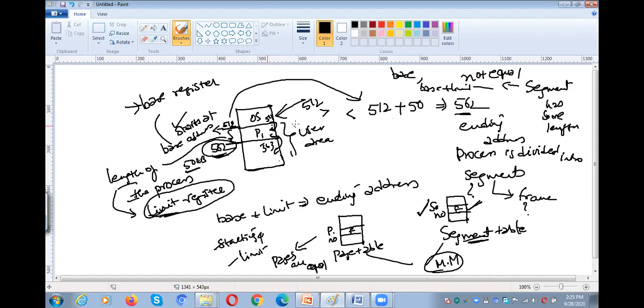That is the reason why the address needs to be within the memory locations. What is the range? The range is greater than base and less than base plus limit. Then only are we within the segment.